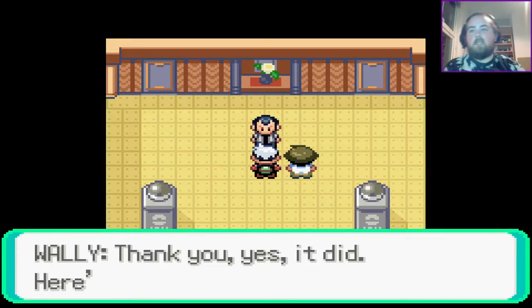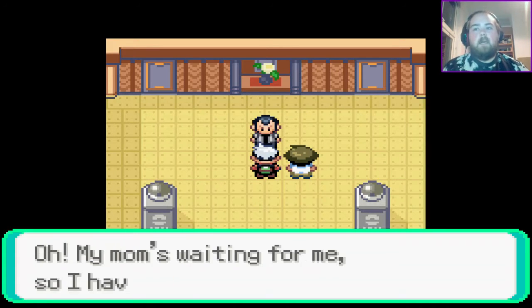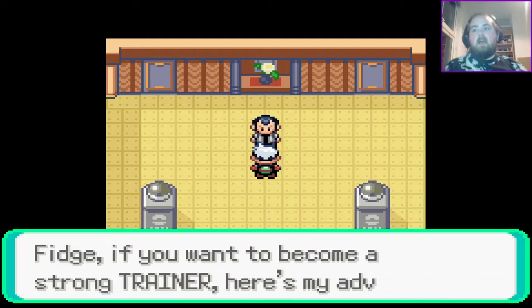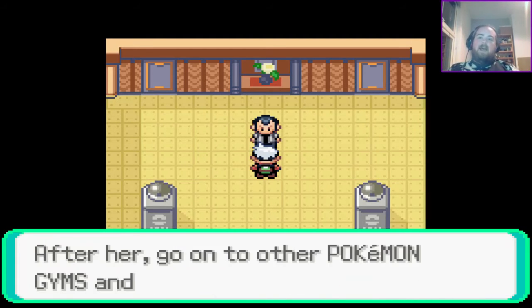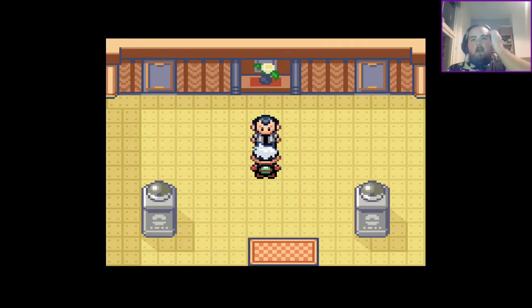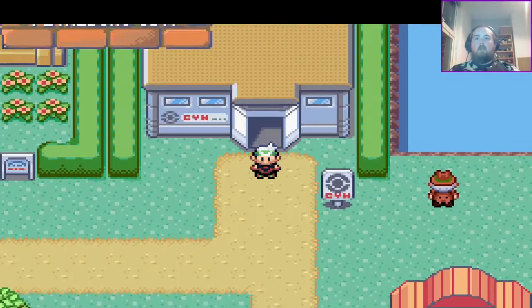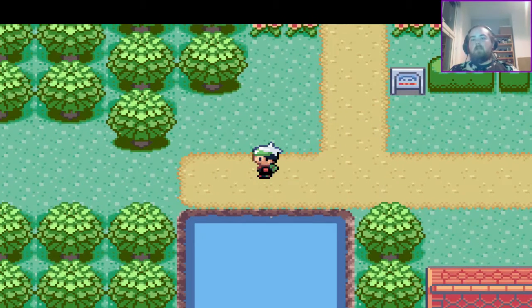Yeah, oh, let's go back to the gym. So yeah, there's the catching tutorial. This is how you catch Pokemon, weaken it, make it go to sleep, whatever it might be. So yeah, there's Wally. Wally is going to pop up fairly often in the game. He's sort of like the secondary rival. And he keeps that Ralts, obviously it evolves, but he keeps that Ralts throughout the entire game. So I think, if I remember correctly, we just...